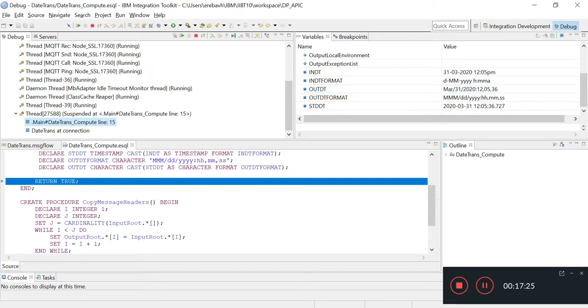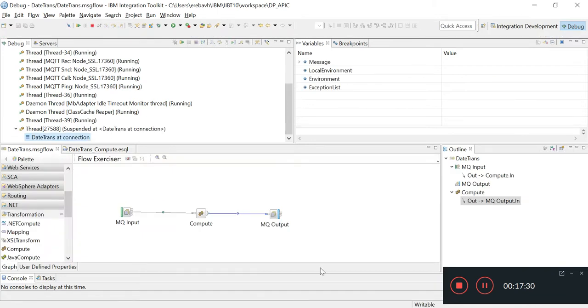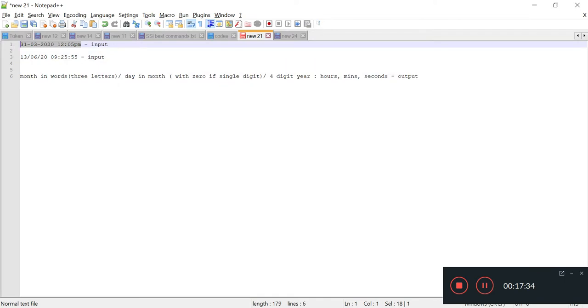As I showed you in the required output message, month in the words, three letters, which I showed you, that March, MAR, day in month with the 0, and 4-digit year 2020, hours, minutes and seconds like this with commas.